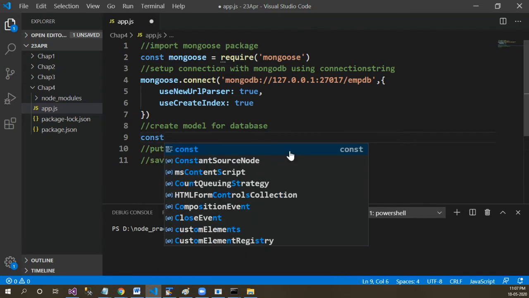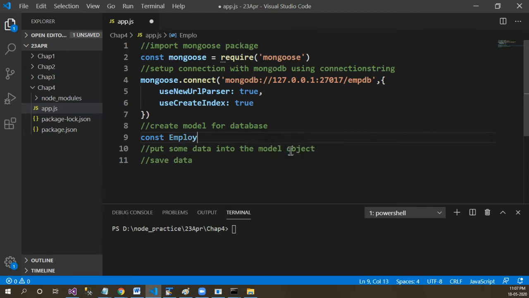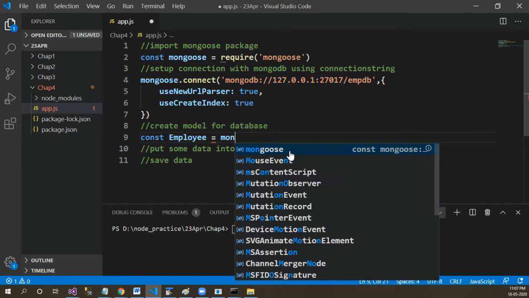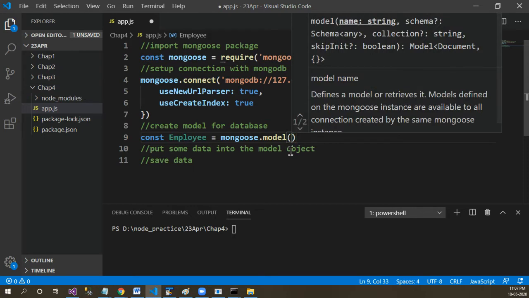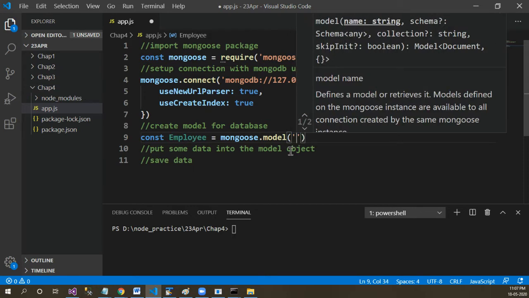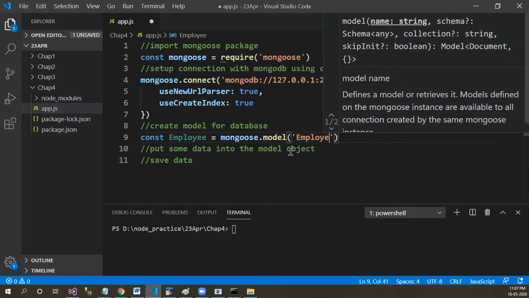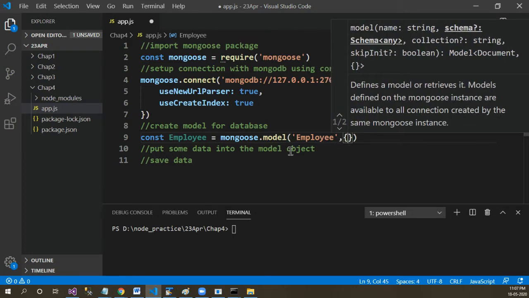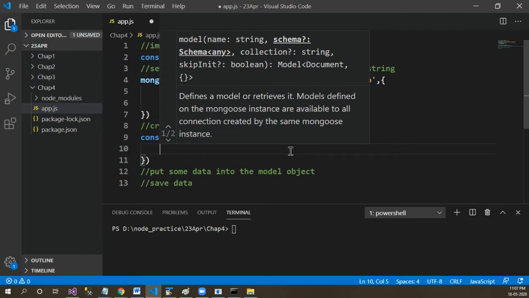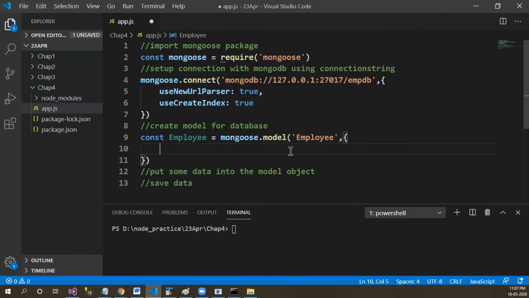For doing that, const employee data equals mongoose.model method. Within this method, again you need to provide two parameters. First is the name of the model, that is employee, comma, you need to provide the actual model data.